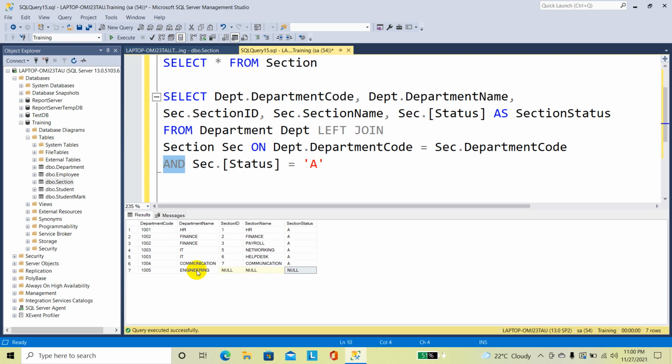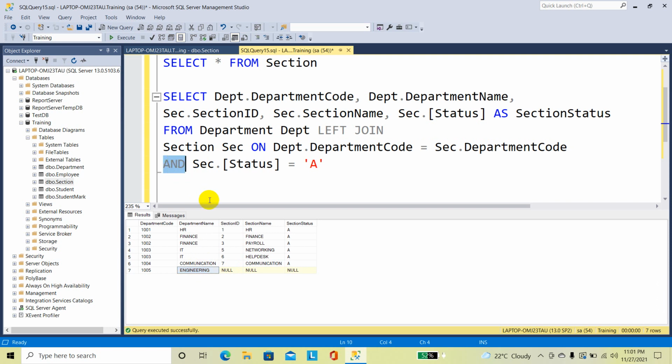But engineering department is displayed here because I am doing the left join. So it will display all the department names here, and there is no section existing under the department engineering. So this AND condition will work with the left join.